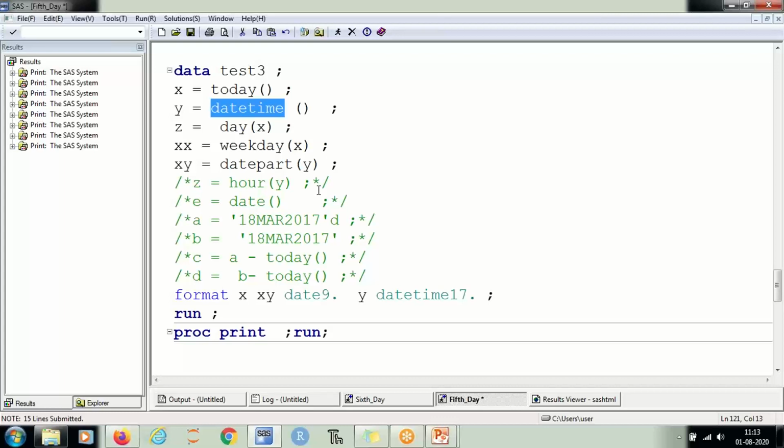Let me know once you are done with this, then I will continue. I think someone was saying that Manish, you are facing some issue with your SAS Studio. Is that fixed now? Okay, Rupa Shri, you are also facing an issue. Is that fixed now?